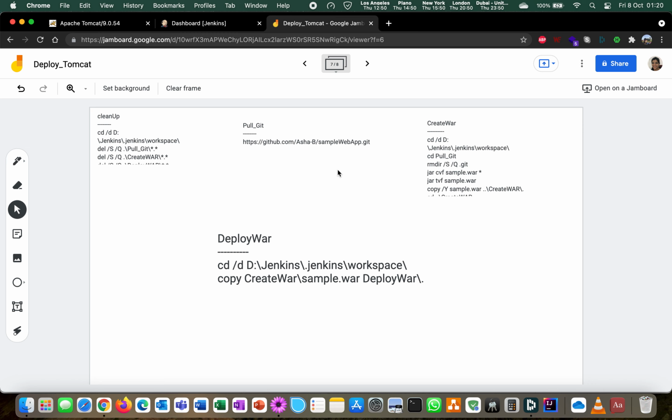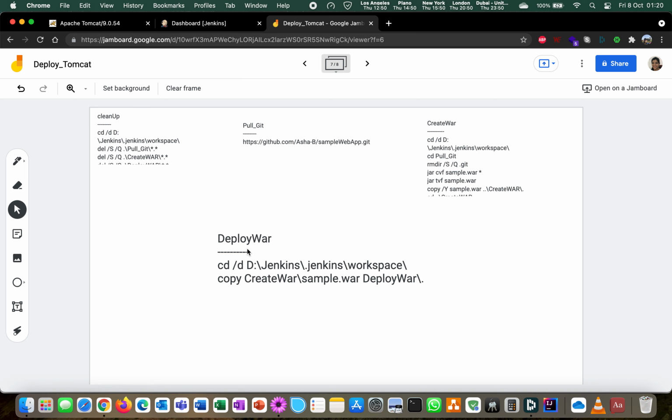Now for building the jobs, we'll start from the last job so that it is easier for us to build the chain in a backward manner. You can also start from the first step, and once all the jobs are built, you can go into each job and build the chain. But for simplicity, we will right now start from the last job and go in reverse order.